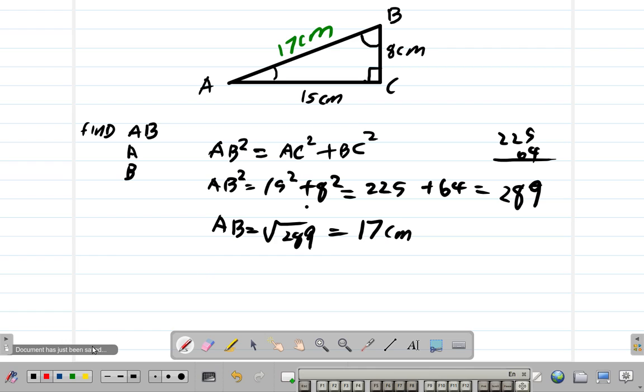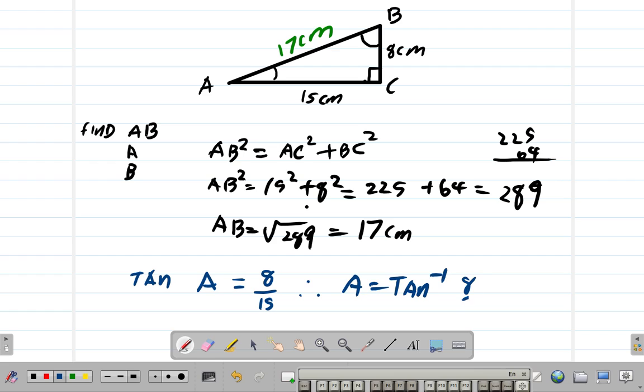Now, the thing is, angle A, we could use sine, tan, cos. Let's use tan. Tan A is equal to opposite, which is 8, divided by adjacent, 15. So therefore A would be tan inverse of 8 divided by 15,